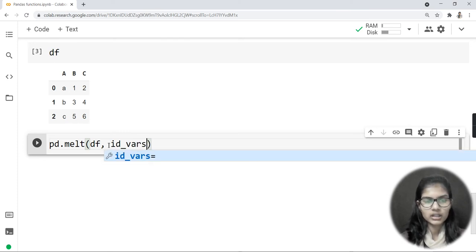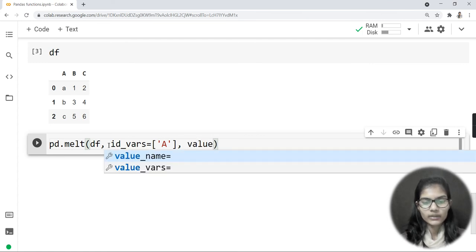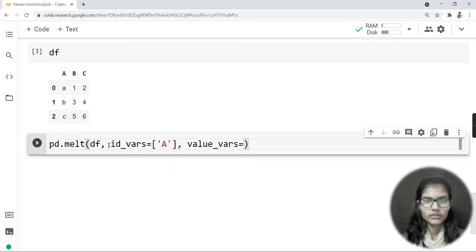This is one of the parameters that we have in this melt function. Inside this, let's say I'm passing my column A. I would again put a comma here. Another parameter which I have here is value_vars. First one is id_vars, and second one is value_vars.